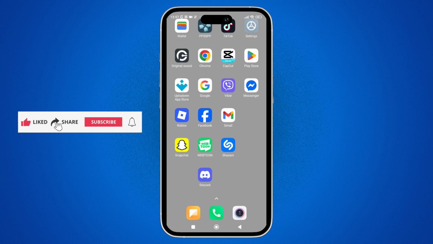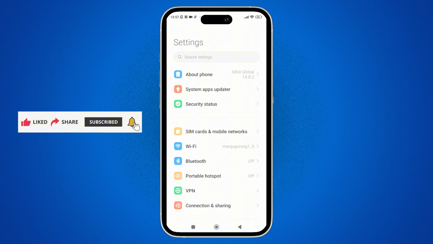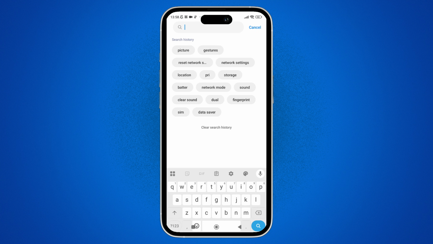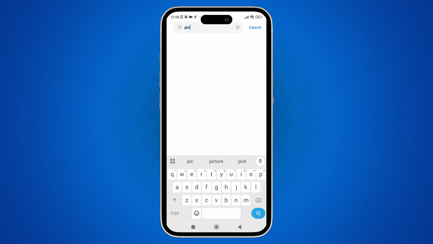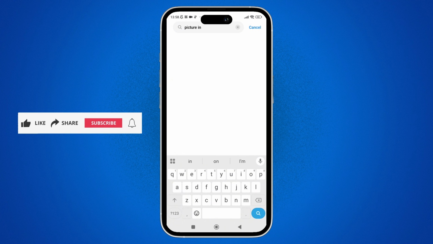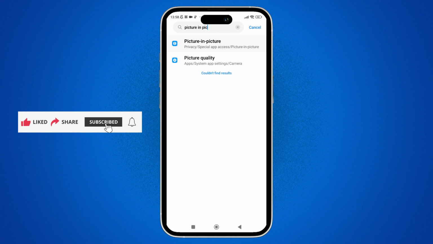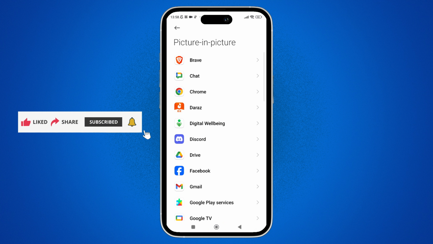First things first, open the Settings app on your phone. Once you are inside the settings, tap on the search bar at the top and simply type picture in picture. From the result page, tap the picture in picture option, and after that you'll be taken to the